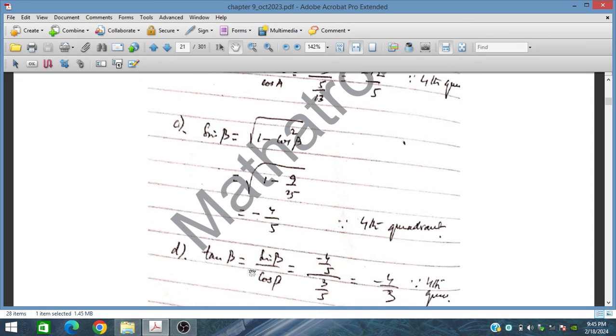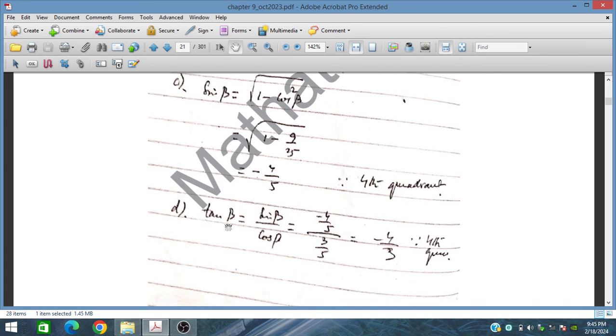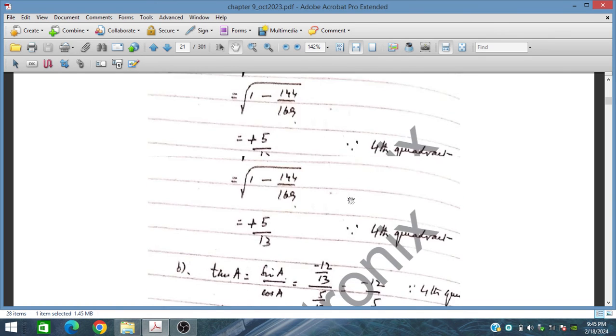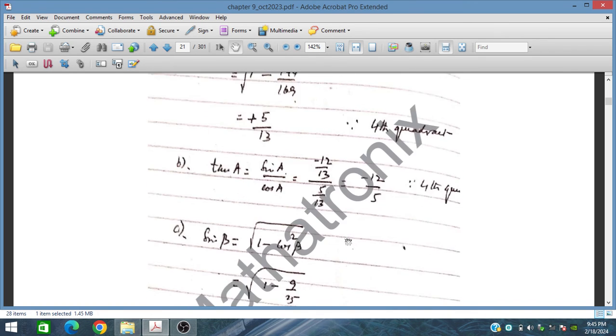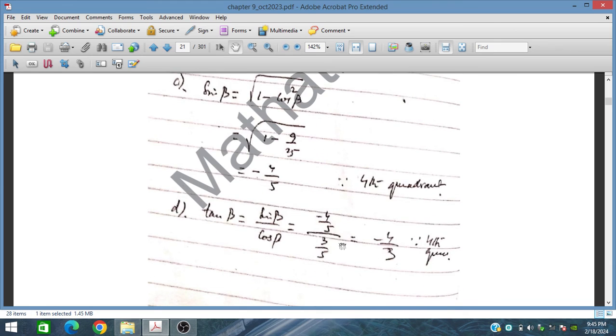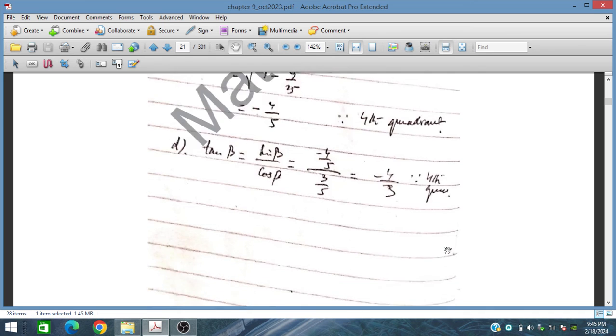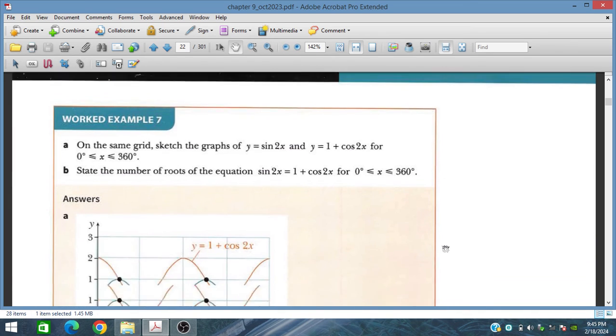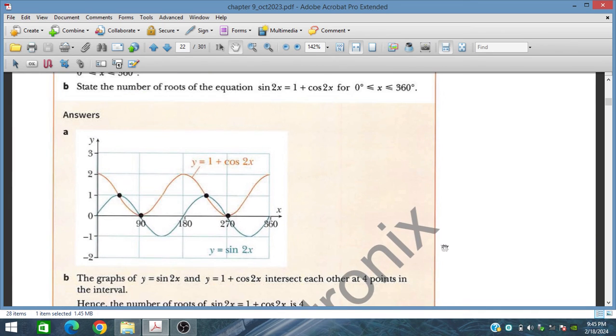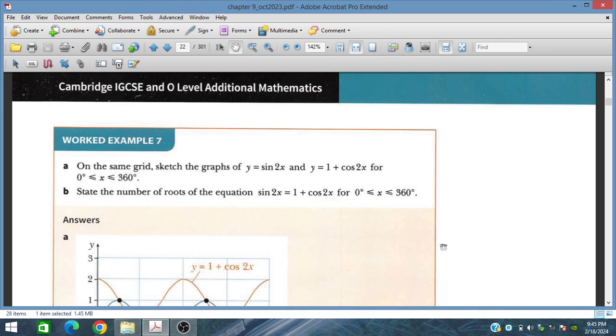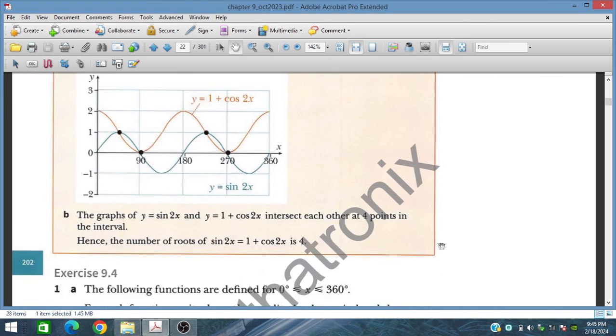So similarly we can obtain tangent B is equal to sine B upon cos B, minus 4 upon 5 is sine B, and cos B is 3 upon 5 given. So from this we have obtained minus 4 upon 3. Tangent is also negative in the fourth quadrant. So this is from exercise 9.3. In the next section we will discuss exercise